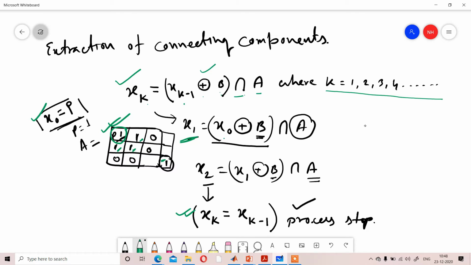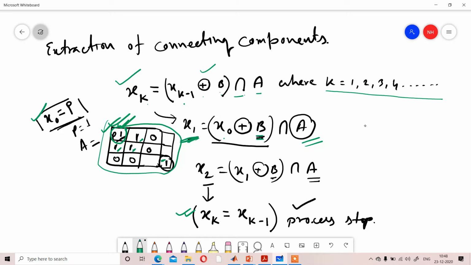Over that pixel P, you have to do the dilation with the provided structuring element B. If you do dilation here, you will get a result. Over that result, you have to do the intersection with the entire image A. Then you will get the image x1.